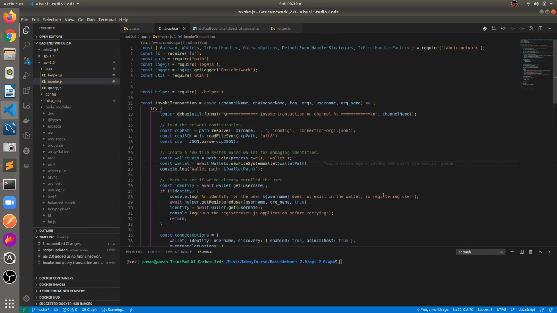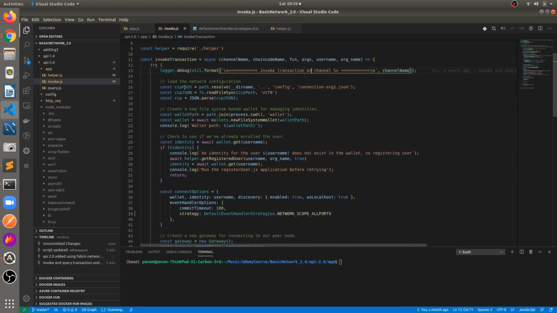Here at the top you can see the invoke transaction function, and we have imported all the necessary stuff. You can again check the common connection profile path, which is already available inside connection-org1.json. In case you want to implement this for organization 2, make sure you provide the proper path, or maybe you can get it as a variable from the client.